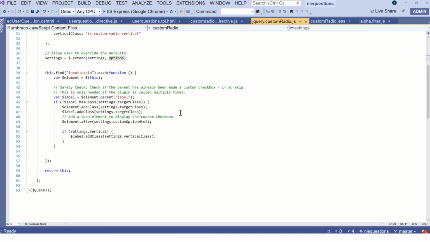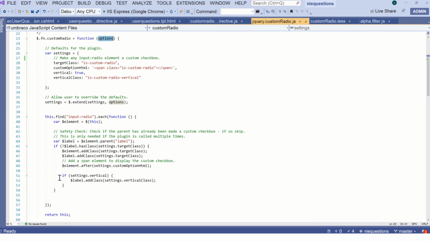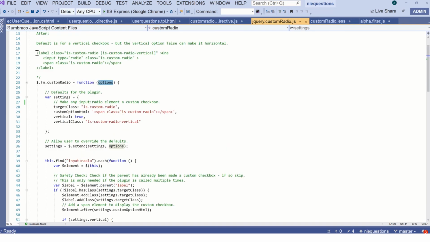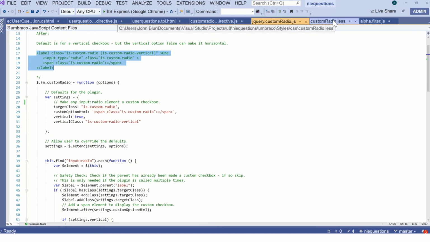So we find the label, and if it hasn't got a custom radio label on it already, then we do our business, otherwise we'll leave it alone. So basically this piece of code just converts the input to this format, and we have styling